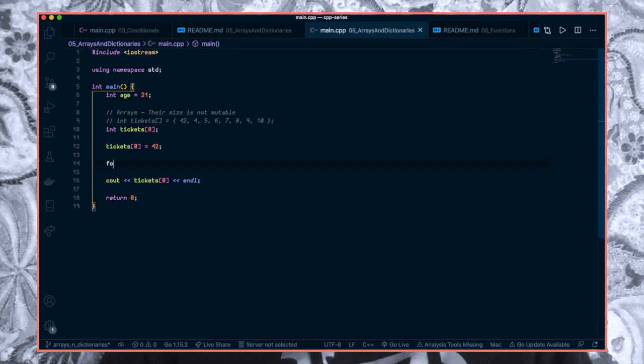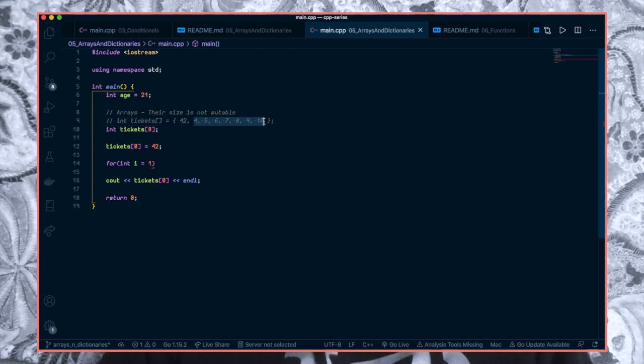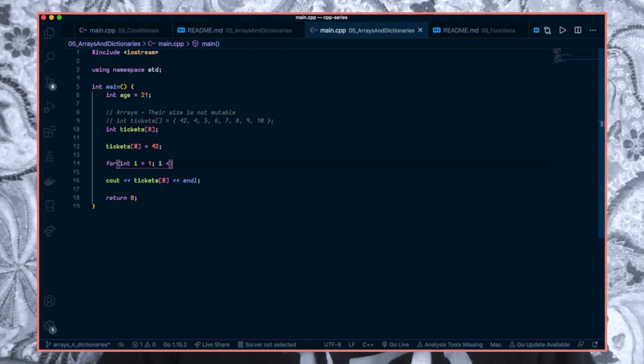So we can do the same thing that we've done in the previous video, just loop int i, and we're going to set i equal to 1, since we have the 0th index already accounted for. I just want to populate the rest of the array with these new values. So in i equals 1, as long as i is less than, oh okay, real quick, if we want to get the length of this,